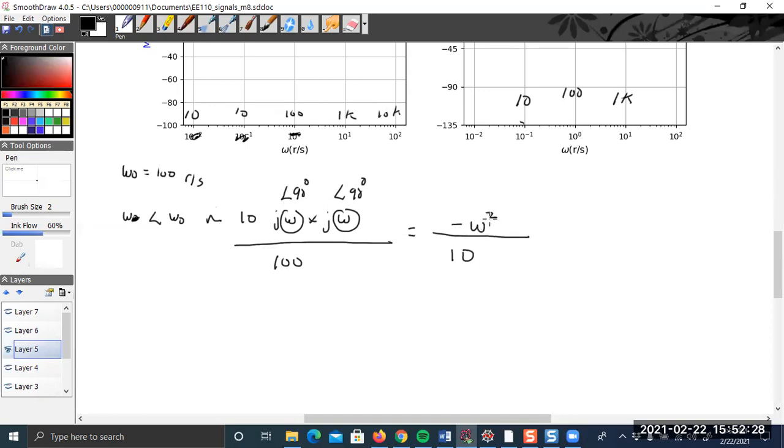So what I see here, right, because remember the magnitude will strip out that minus sign, I see omega squared. So that's going to be 40 dB per decade, right? But where is it going to cross 0 dB, right? So I want omega squared divided by 10 to equal 1. So omega squared